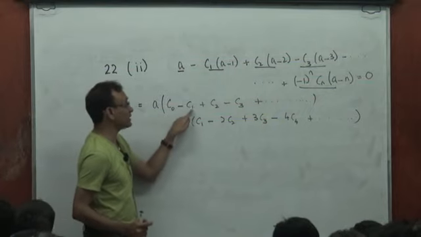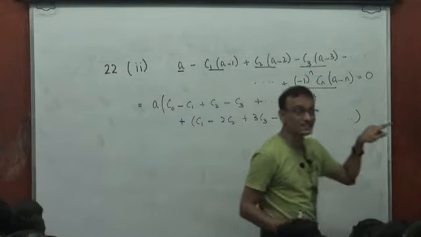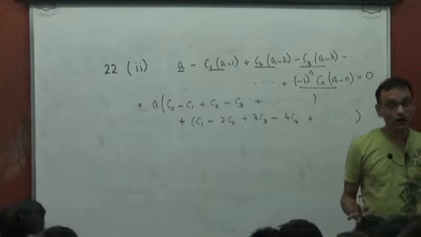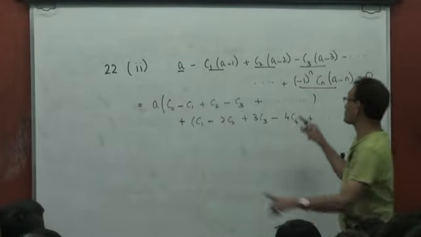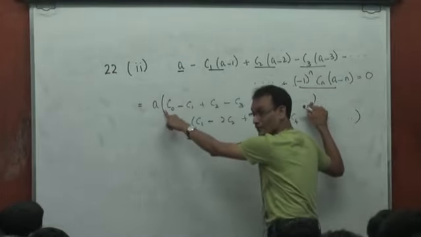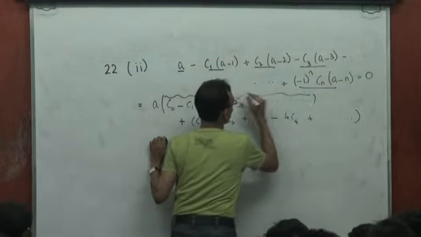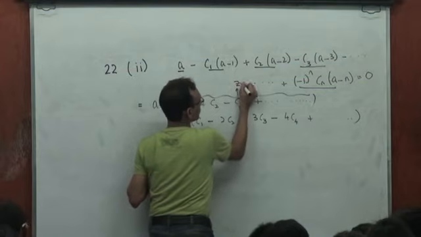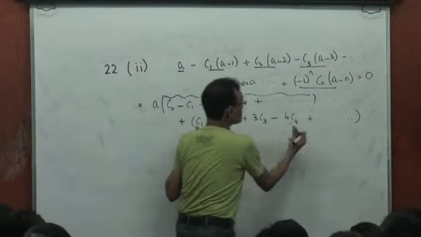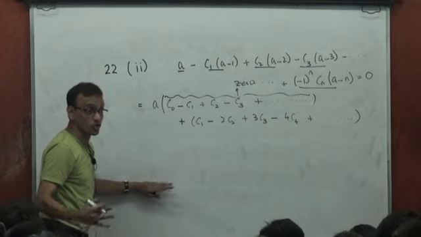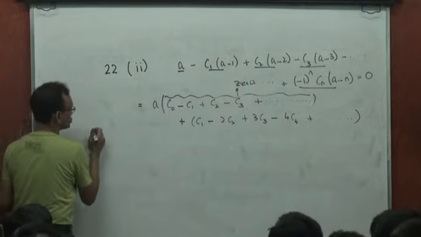A times C0 minus C1 plus C2 minus C3 etc. is 0. This one is 0, yes or no? Right? I've given you this result. Now C1 minus 2C2 plus 3C3, that's also 0. I've also given you this result. I mean, just to